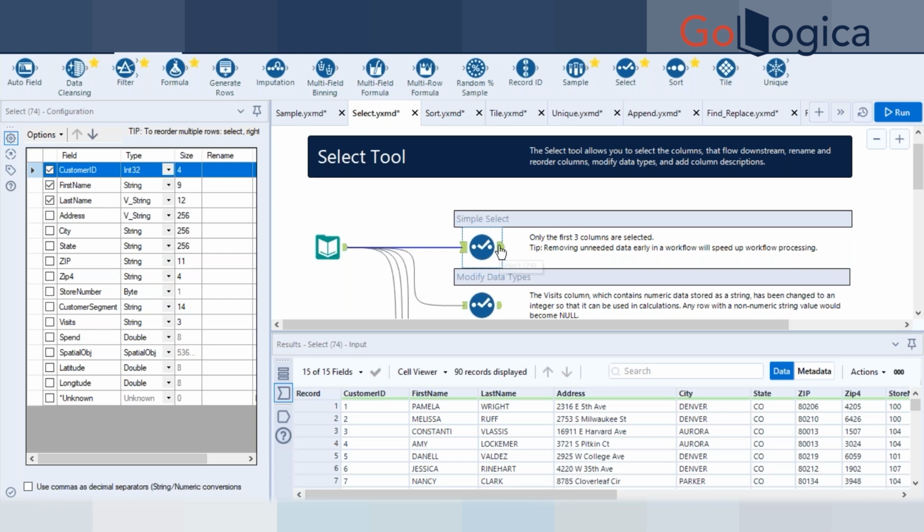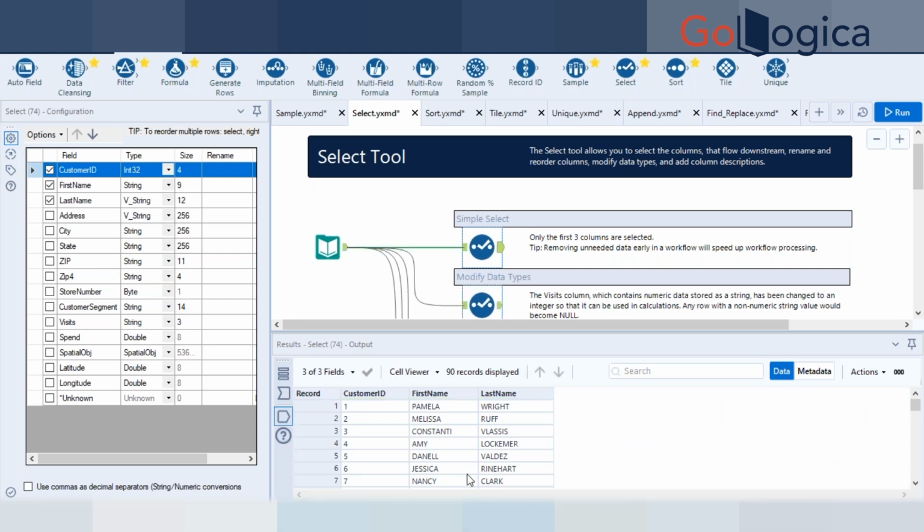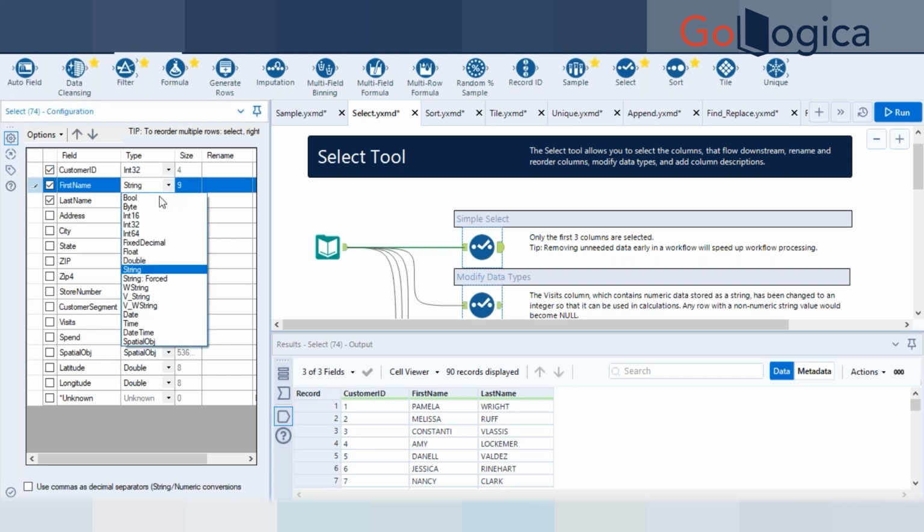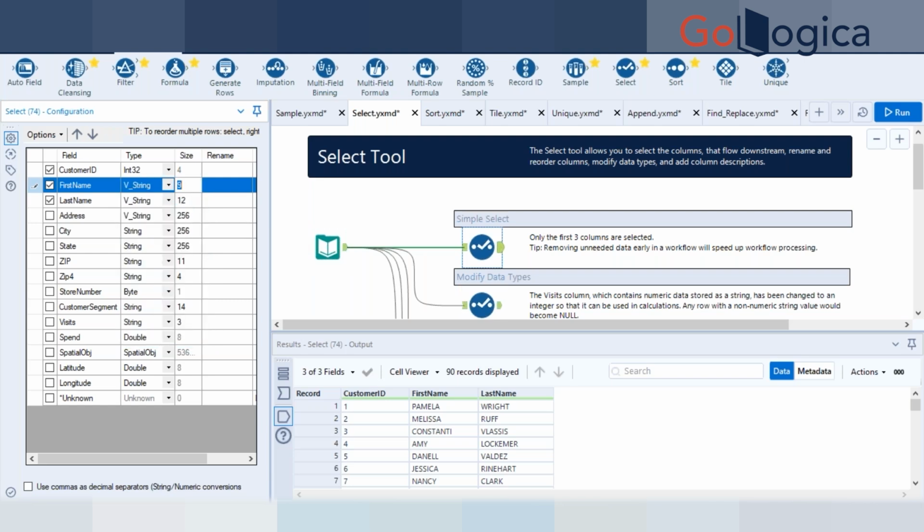So when I run this, I get the three columns. Now here I can change my data type. For example, I want my first name not to be string but to be a V string, and this should be a size of 256. Similarly, my last name size should also be 256,